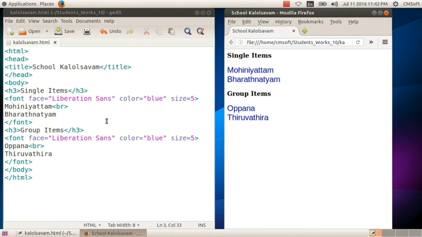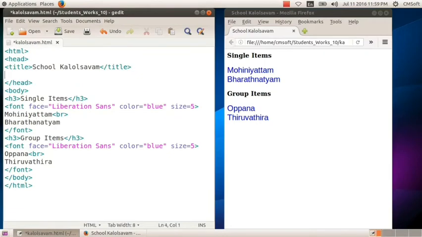Okay. Here we create the page normally. Then we are going to create the page by using CSS. Okay, all of you understand? CSS is used to apply the same style for different content. The same style can be applied to different content, as we studied in word processor by using styles and formatting.